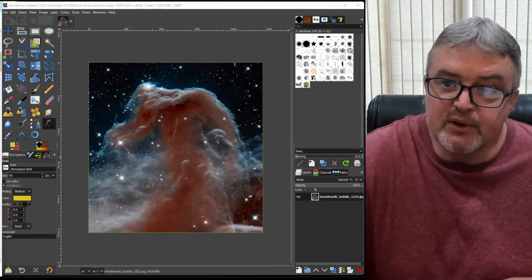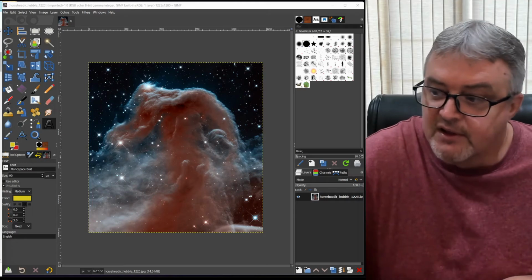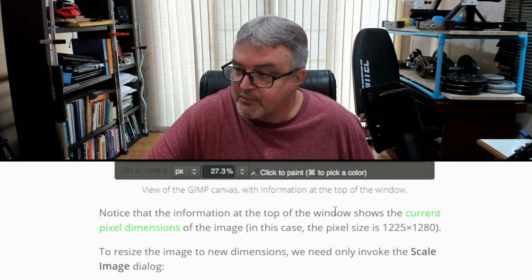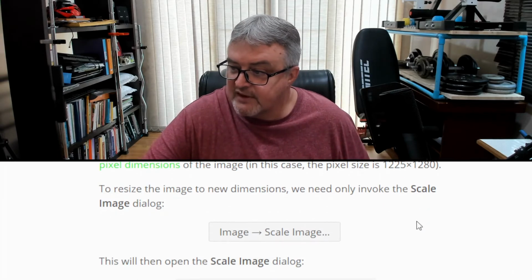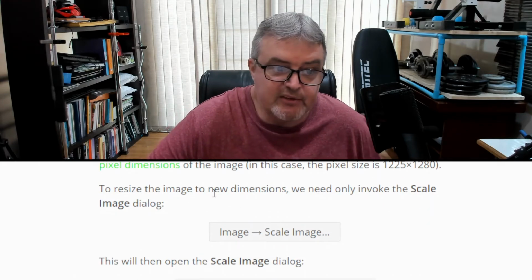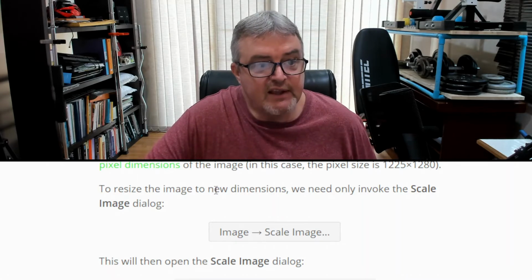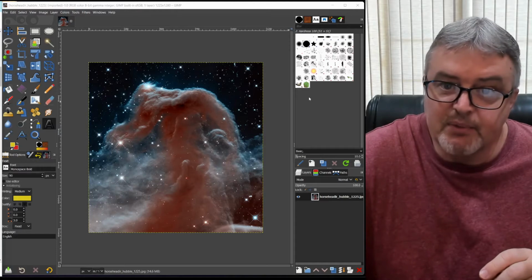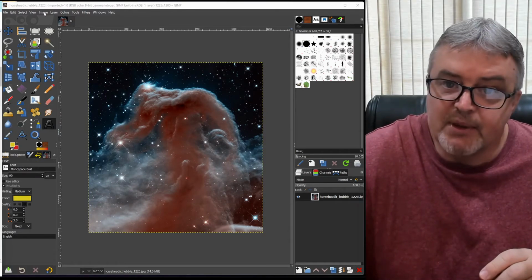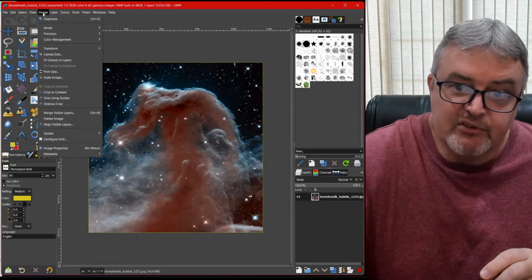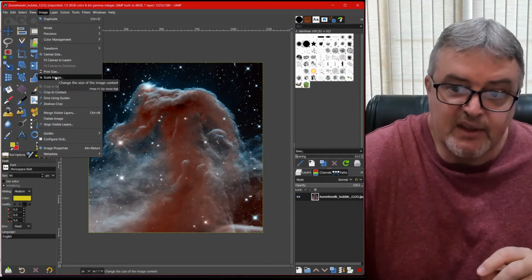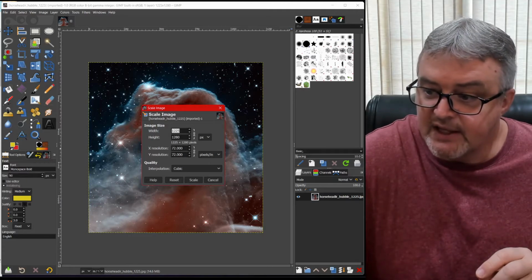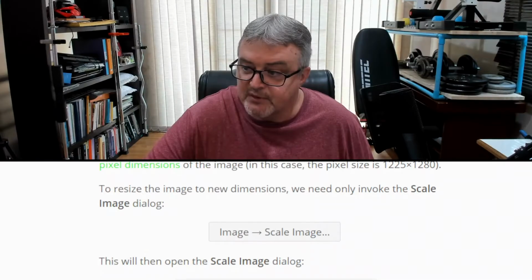Now, what we're going to do is resize that part of the image. So let's look at the text again. Notice that the information at the top window shows the current size. Then it says resize to the new dimensions. You need to invoke the scale image dialog. And what that means is on GIMP, you go to the menu at the top of the page and you select Image, and then you go to Scale Image, and it brings up a new window. And if you look at this window and then you look at the text on the page, let me zoom in a little bit,